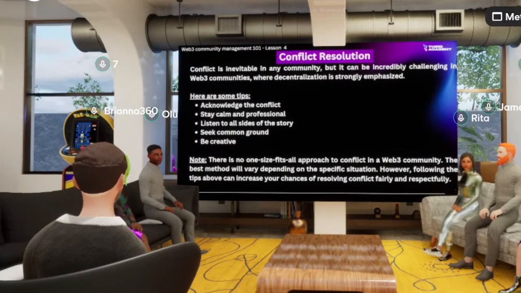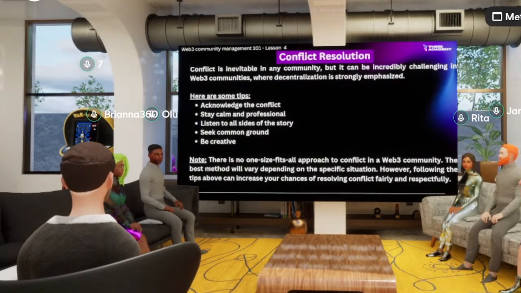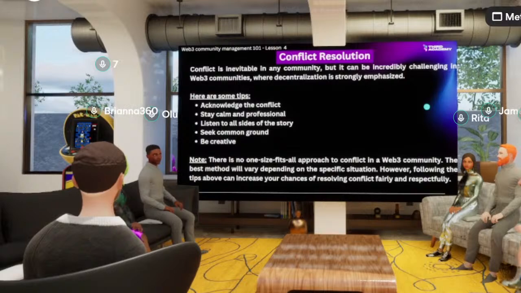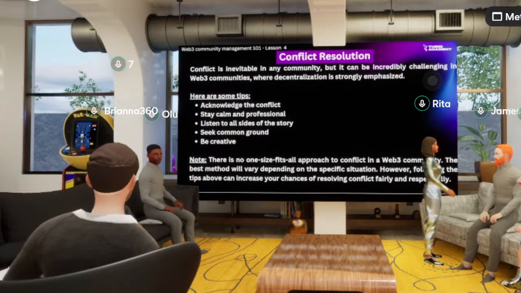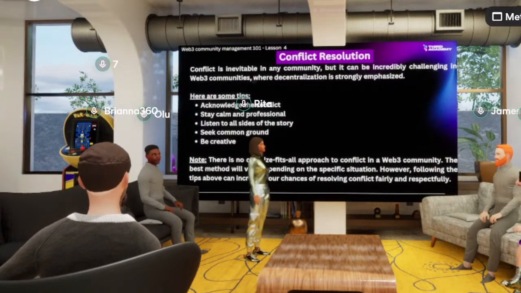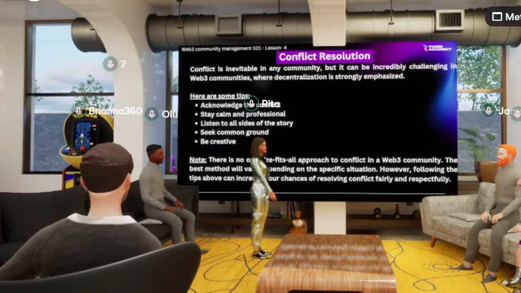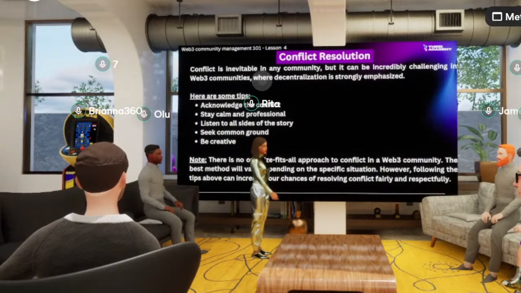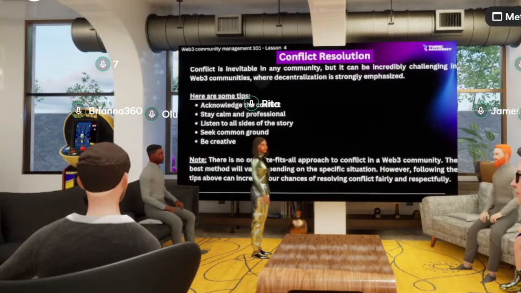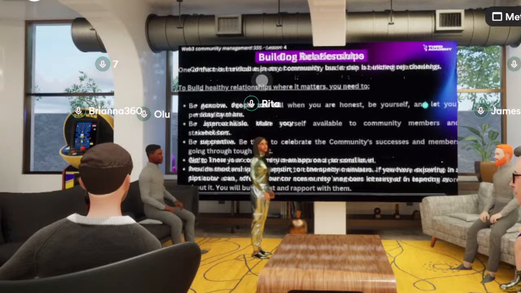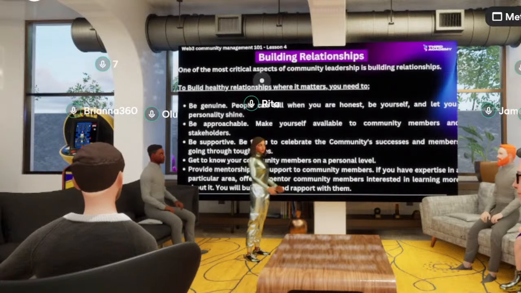And then let's talk about the fourth part of this, which is building relationship. One of the most critical aspects of community leadership is building relationships. This means building relationship with community members, with stakeholders, and with other community leaders. Let's move to the next slide, please. To display practical leadership skills and build healthy relationship where it matters, some tips that you can use is one,